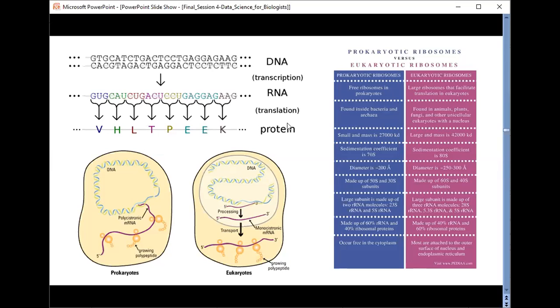So can you differentiate what is the difference between eukaryotes and prokaryotes ribosome?